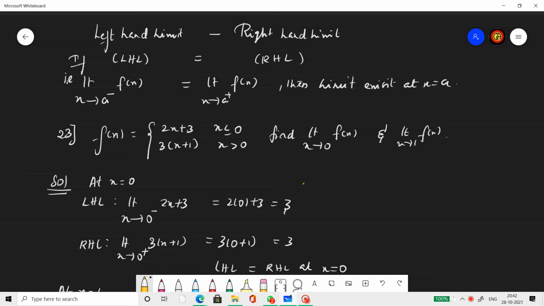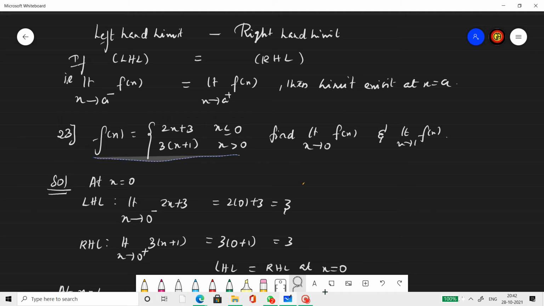If a function is given where it is defined in such a way that when you take an x value below a certain point, you're given a y, and when you take an x value above a certain point, you're given another y function. Say this question.